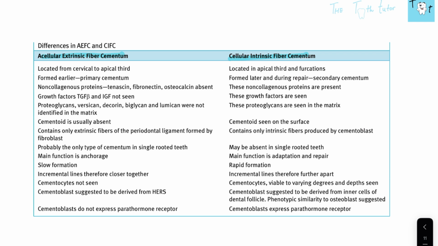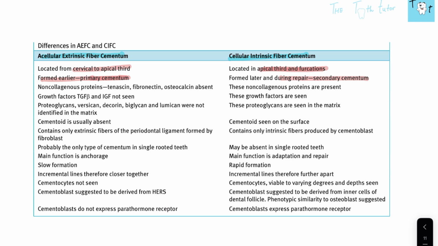So these are the two major types we talked about, right? First was location. The acellular one was located from cervical to the apical third, and the cellular one was located in the apical third and furcations only. This one is formed early, the primary cementum, and this one is needed later on for repair or adaptation. I talked about how its function is pushing the tooth to the occlusal level or repair,